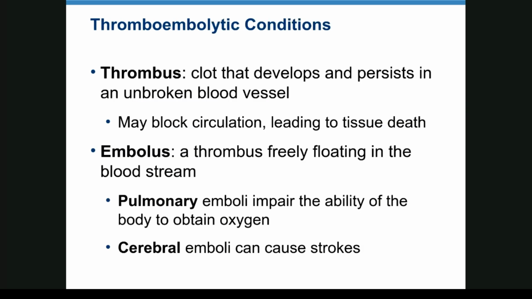A thrombus is a clot that develops and persists in an unbroken vessel. It can block circulation and cause tissue death in the individual. An embolus is a thrombus that broke loose and floated away. And they can be from the arterial side or they can be from the venous side. Pulmonary emboli generally come from the venous side. Well, they do come from the venous side, such as maybe your femoral vein has a clot, it breaks loose,